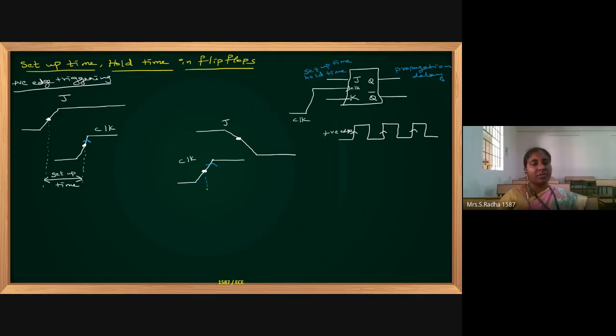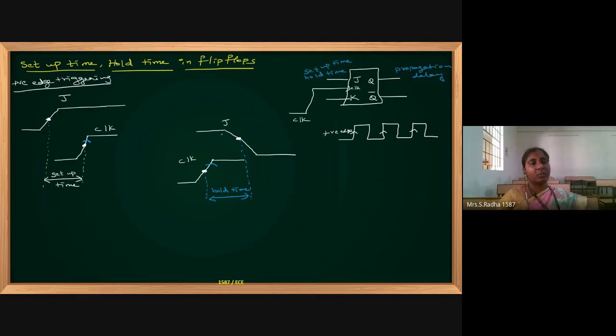So the clock is given here, but the input is still at the higher amplitude only. The amplitude is held. This is hold time. The clock is given first, yet the input is still at the higher level without jumping to the lower level. So it is happening with a delay. That is called hold time. Hold time means the input is held on even after the clock is given.